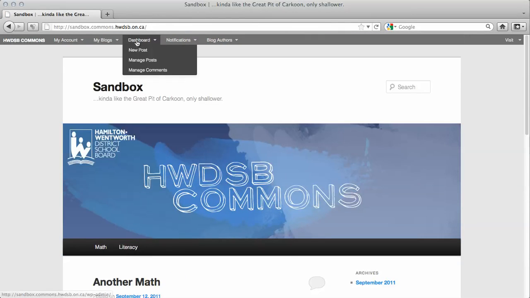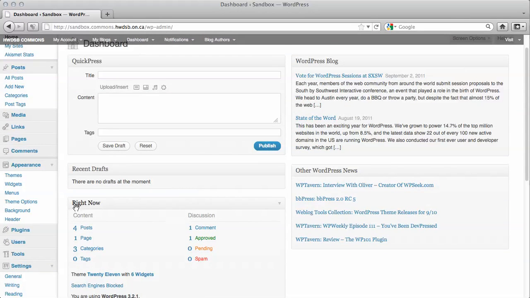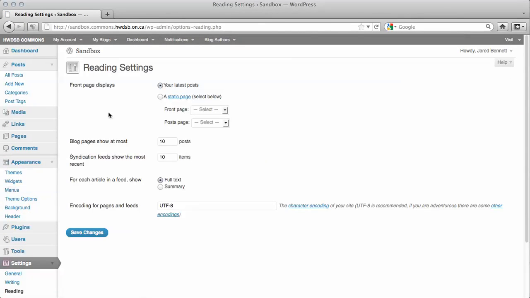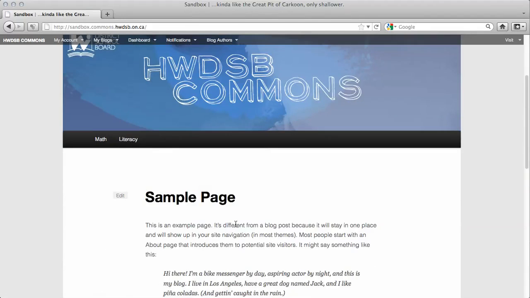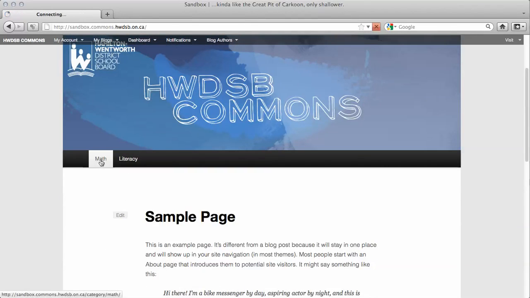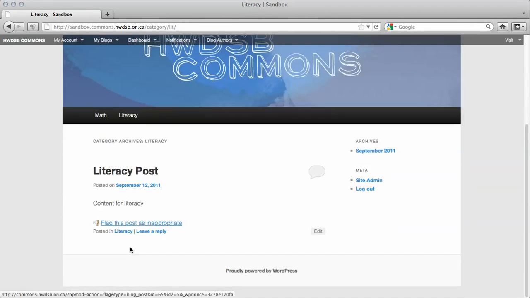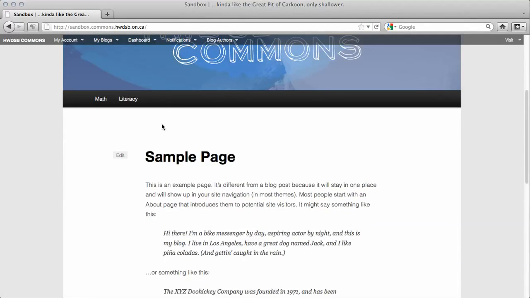The last thing I might want to do, if I've done that, is go to reading and perhaps create a front page that is not my posts page. What that's going to do for me is create a home page with some content and then a separate math page with all of my math content and a separate literacy page with all of my literacy content. I can always return to the home page by hitting